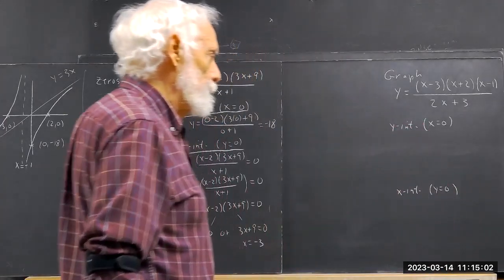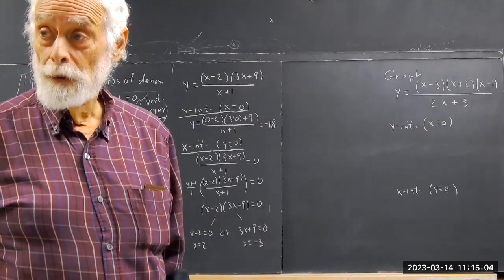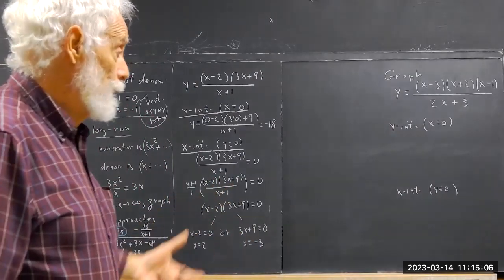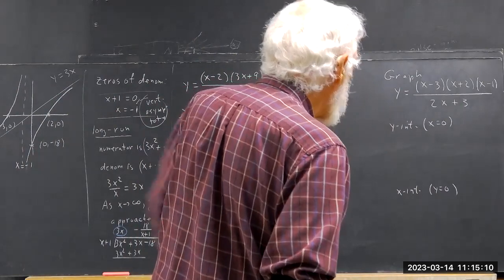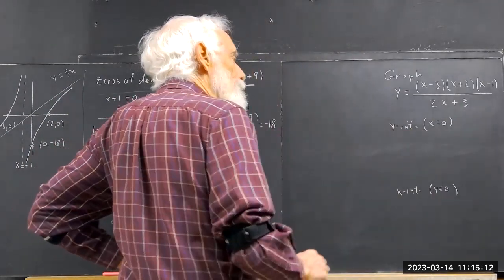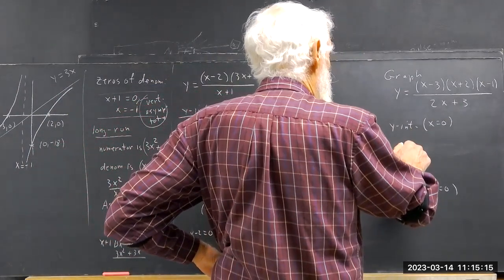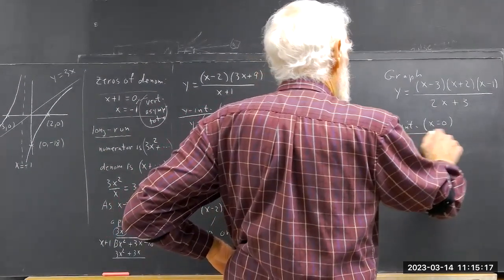And the x-intercept will occur when y equals 0. Okay. Now, if x equals 0, we're going to get